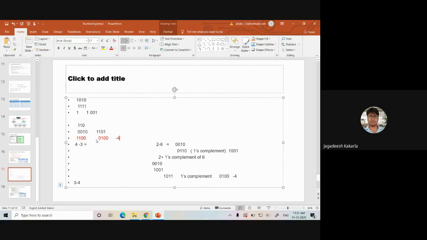Those who are having doubts, can you repeat? Okay. Some of your classmates told me that after performing A plus B's complement, we got 1100. And as the end carry is 0, what is the procedure you need to do? Again, you need to compute the 2's complement of this number. What is the 2's complement of 1100? It is 0100. If you convert this binary number to decimal, you will get 4, and you need to add a minus sign in front of it,